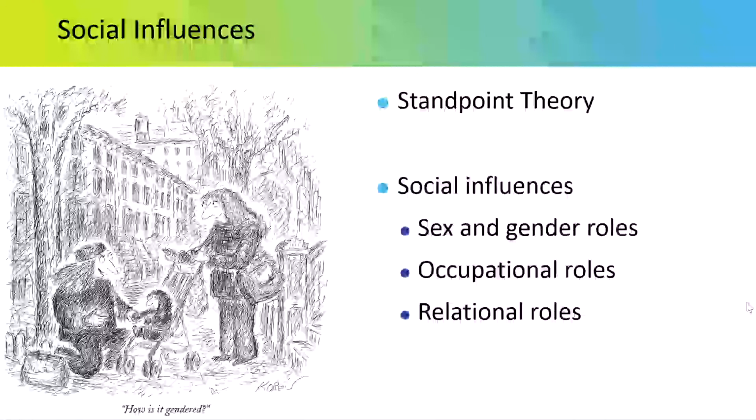Okay, the last two, social influences. The last two are very closely connected because we're going to look at the society and culture. Within every society, there are various things that influence us. And sociologists, or social scientists, have developed standpoint theory, which says a person's position in society shapes his or her view of society in general and of specific individuals. So this is very much what Nelson Mandela said, where you stand depends on where you sit.